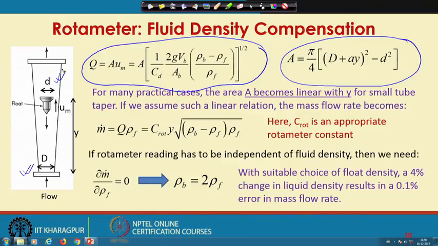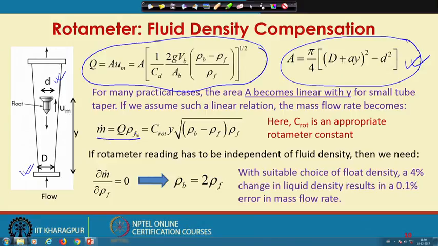In many practical cases, for actual dimensions of the rotameter, the annular area A becomes linear with Y. Although this expression does not show a linear relationship, for many practical cases this flow area A becomes linear with Y, particularly for a tube with small taper. If we assume such a linear relation, the mass flow rate becomes